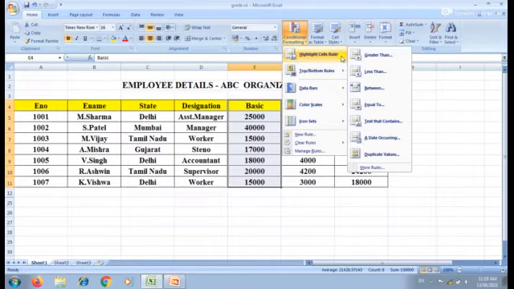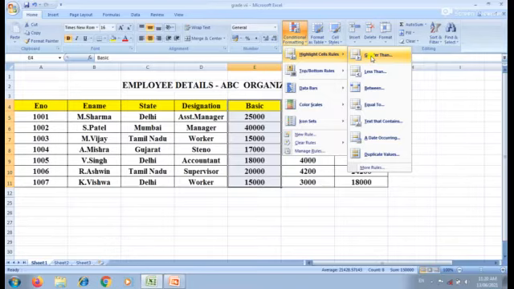Here I'm going to choose highlight cell rules. When I click this option, it displays another sub list. In this sub list, I'm going to choose the option greater than.